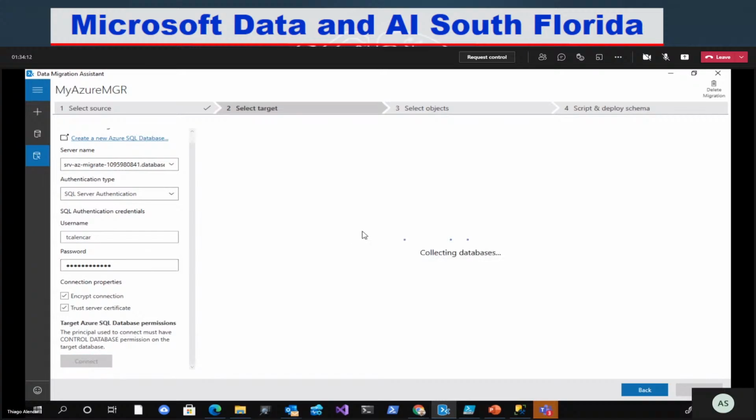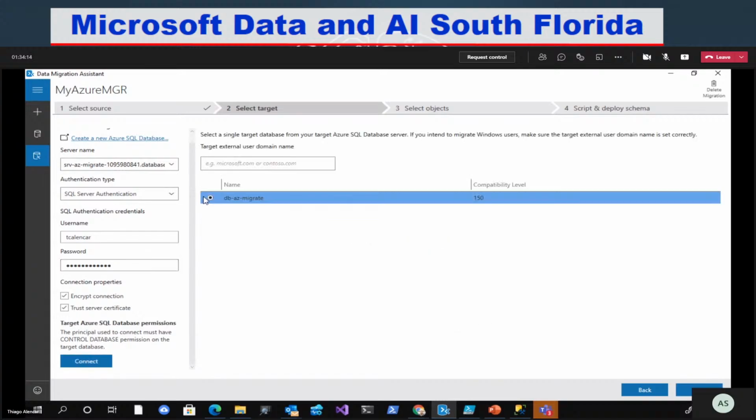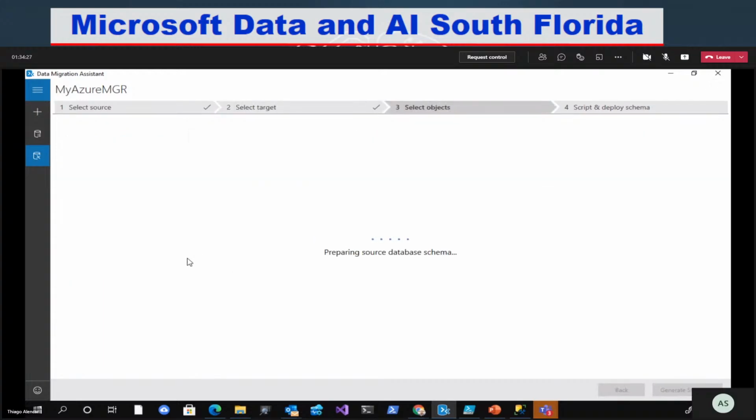Let me connect. Just make sure that you have the database provisioned before you start the migration here. As you saw, we provisioned the Azure Migrate. So next. It doesn't take long to run. It depends on the database size as well. That's why I got the AdventureWorks 2016,